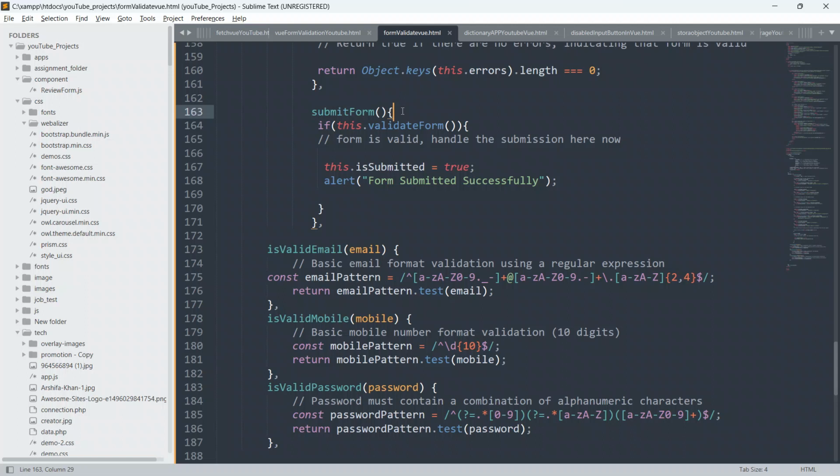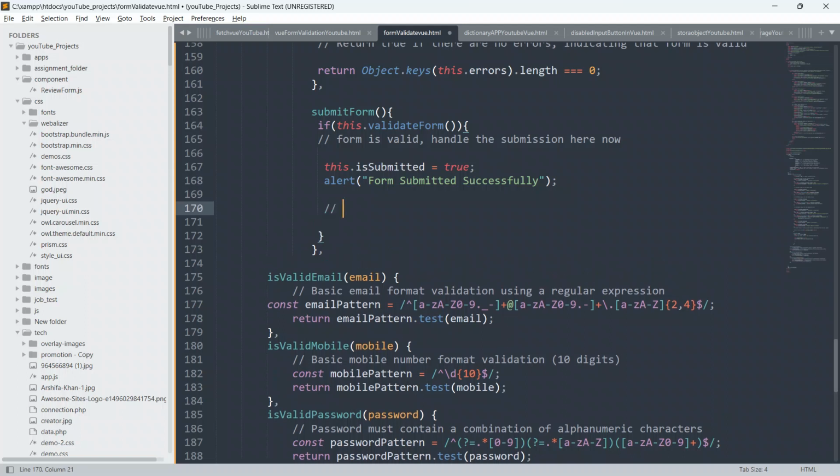So inside this, what we will say is alert the user. And now I am going to write the comment also. Guys, just pay attention, because from here you are definitely going to learn something new, something unique, something extraordinary. Trust me, you haven't watched this kind of tutorial before, which will teach you complete form validation using Vue.js.